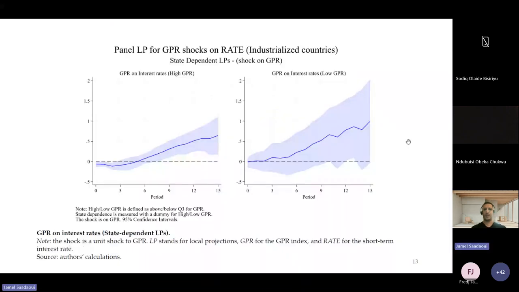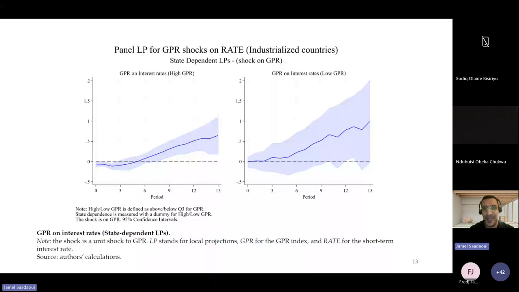So to replicate this graph, what do we have here? Again, the confidence interval is not exactly that of the paper, because in the paper you use bootstrap replication. We are going to use logproche to make state-dependent local projections in a very, very simple way. Writing is very simple. So on the left-hand side, you have the reaction of the interest rate after